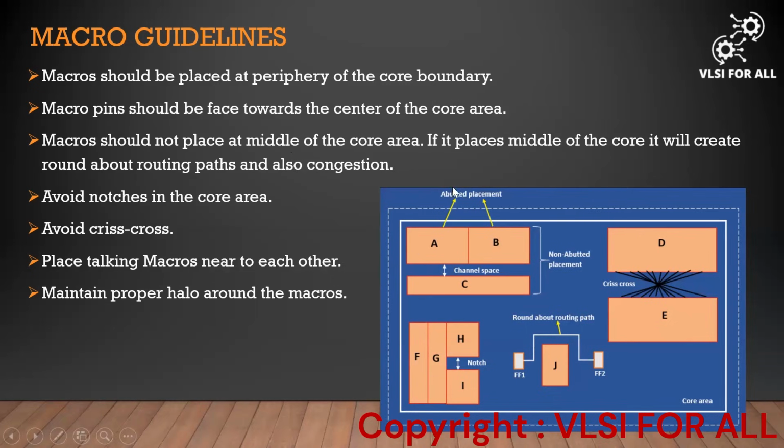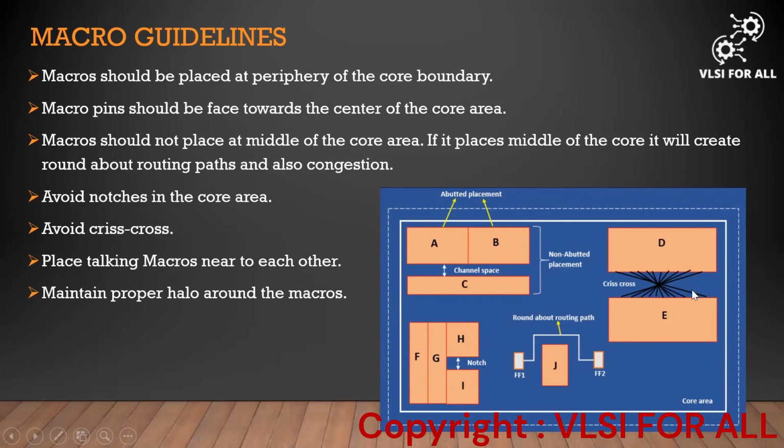After that, macro pins should always be placed towards the core area, which means the core center area. Why? Because it lets us connect the standard cell pins properly. And we should not place the macros in the middle. If we place the macros in the middle of the core area, we are wasting unnecessary area. Say one flop is sitting here and another flop is sitting here. For these two flops, the routing will take this long path. So this is very long and it will reflect in bad routing, timing and power. So congestion, all of this will be triggered again. So we should not place the macros in the core area.